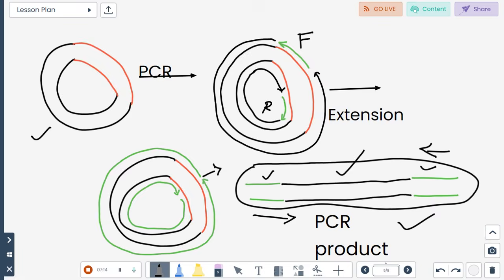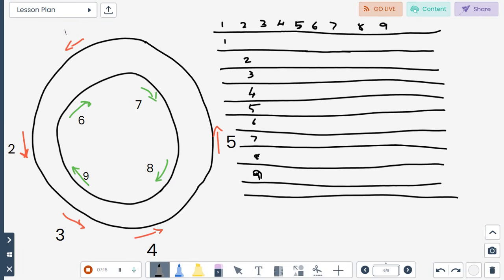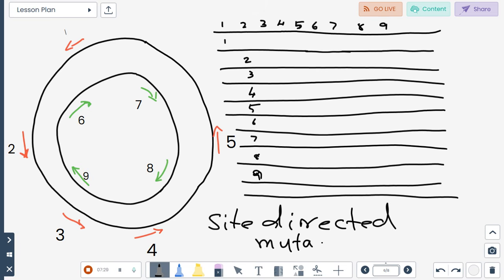Otherwise, this inverse PCR is also used for introducing site-directed mutagenesis. So this site-directed mutagenesis, in the overlap extension PCR, you can introduce only one